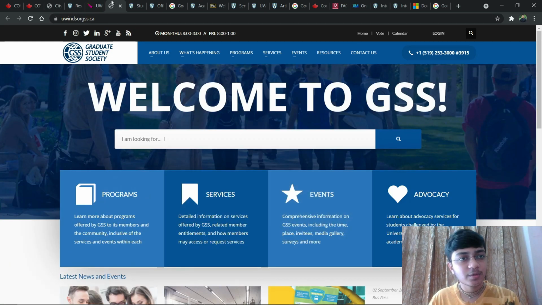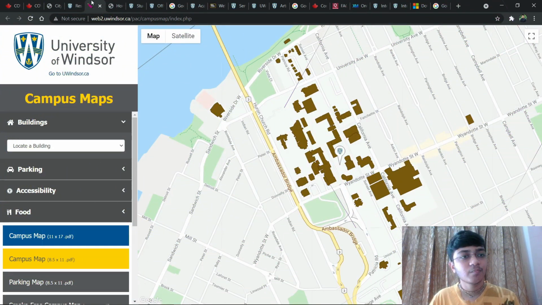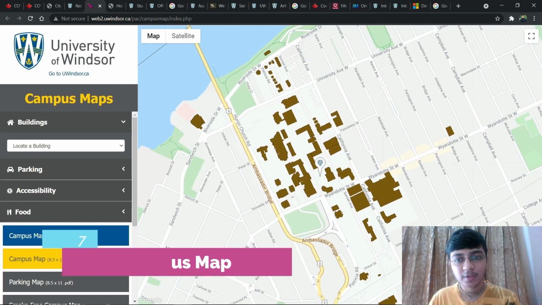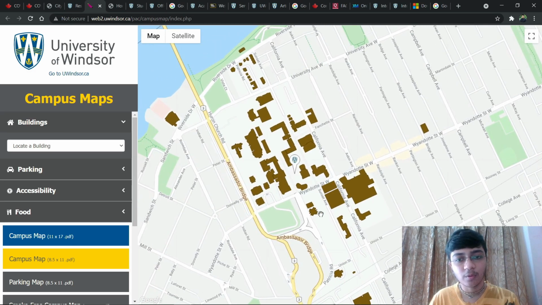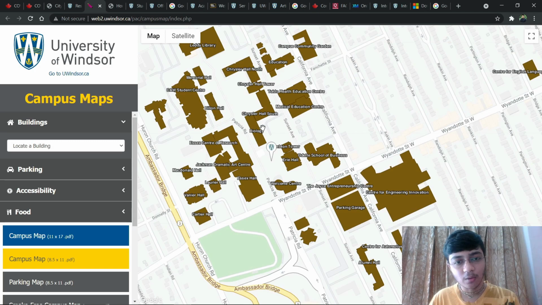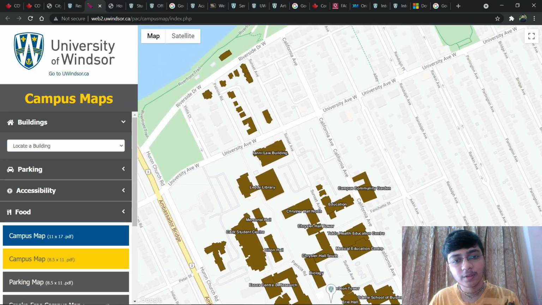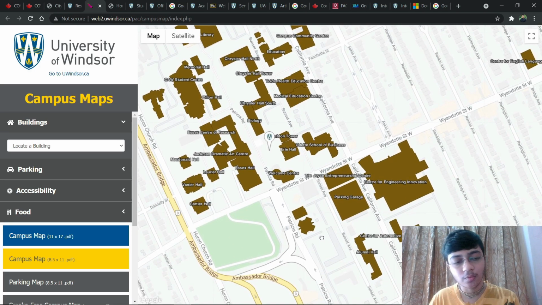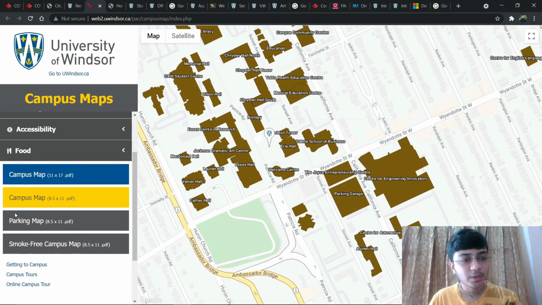So moving on, the next most important point is the campus map. This is the website where you can check the whole map of the campus. See here it's written Biology, Essex Center of Research, Dillion Hall, CAW Student Center. If you are new to the University of Windsor and you don't know which building is located where, you can just open this map and you can change it here also.